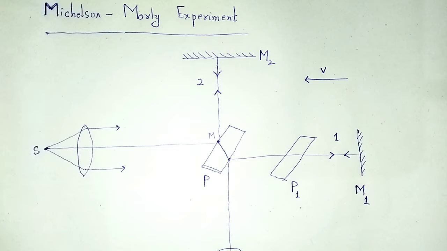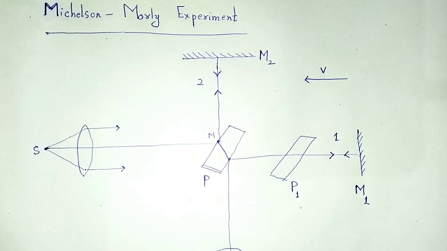So, it was assumed that the medium through which light propagated was the luminiferous ether. Again I repeat, that medium is luminiferous ether,